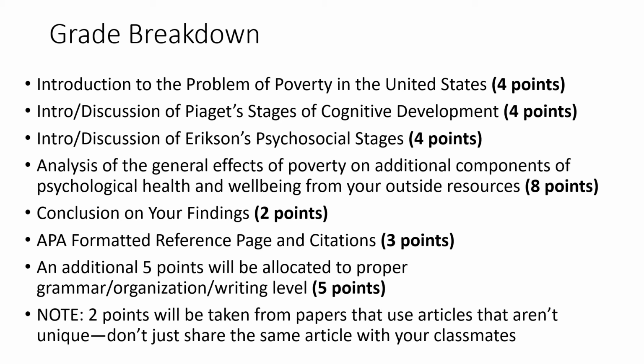So I will potentially take off points for articles that seem to be extremely abundant across everybody when you're finding that third article. Obviously, the first two articles are going to overlap with other individuals. It's just going to happen since you're just picking 2 of 4 articles. But that third article really should be unique. It should be something you're obtaining by doing the search and following the directions that the head librarian gave as to how to do that search. So you can, again, have that skill ready for you as you progress into some of our future upper division classes.